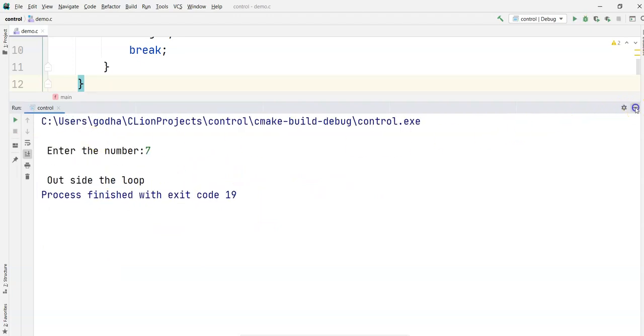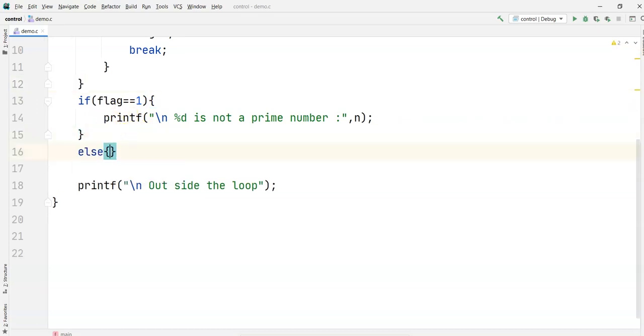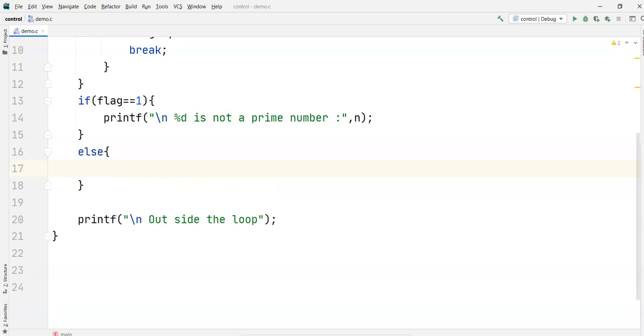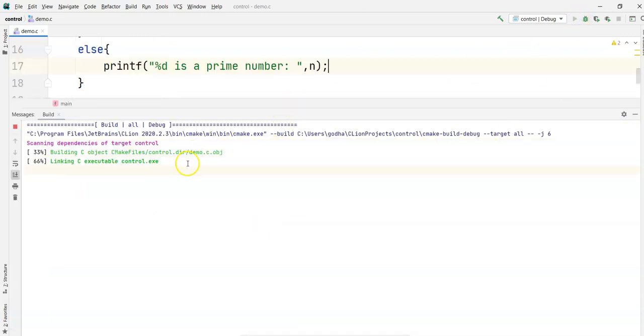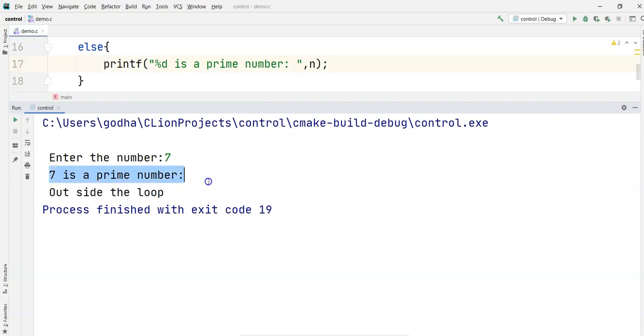So for 7, it is not printing anything because we are not checking that case. So I'll add an else: if it is not a non-prime number, here I am saying it's a prime number. printf percent d is a prime number, comma n. I'll explain once again. 7. 7 is a prime number.